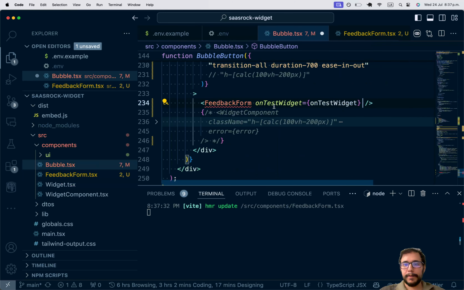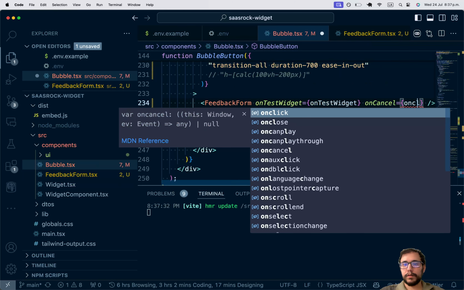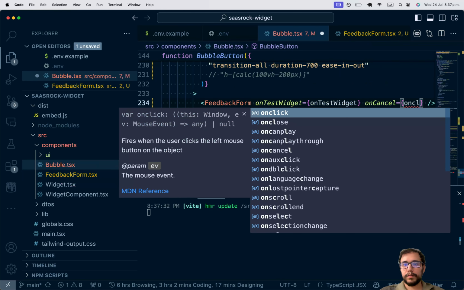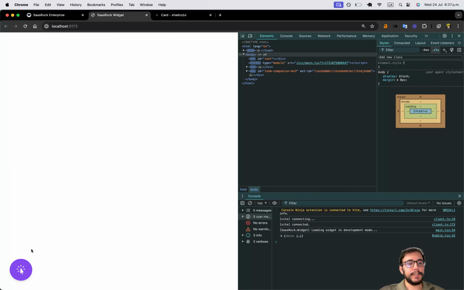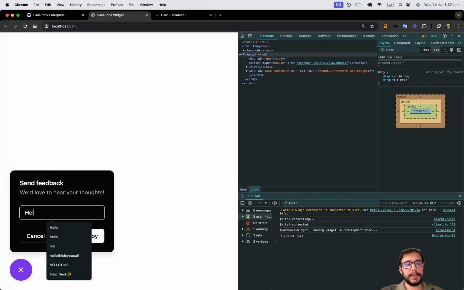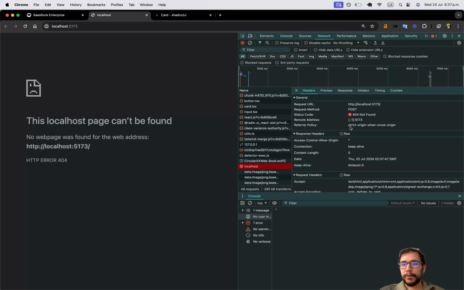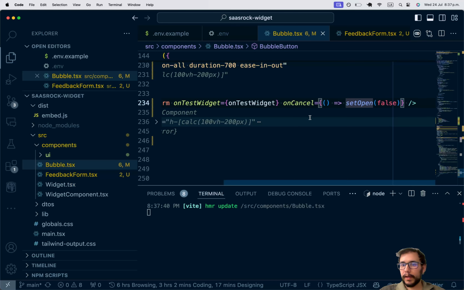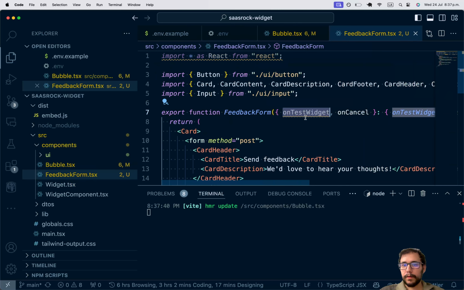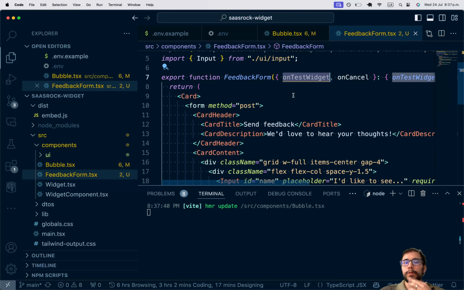Let's try on close. I think set open to false. Yeah, okay. So we have this cancel working. Now let's hit hello and deploy. What happened? It tried to call nothing, because I'm not calling this on test widget. So